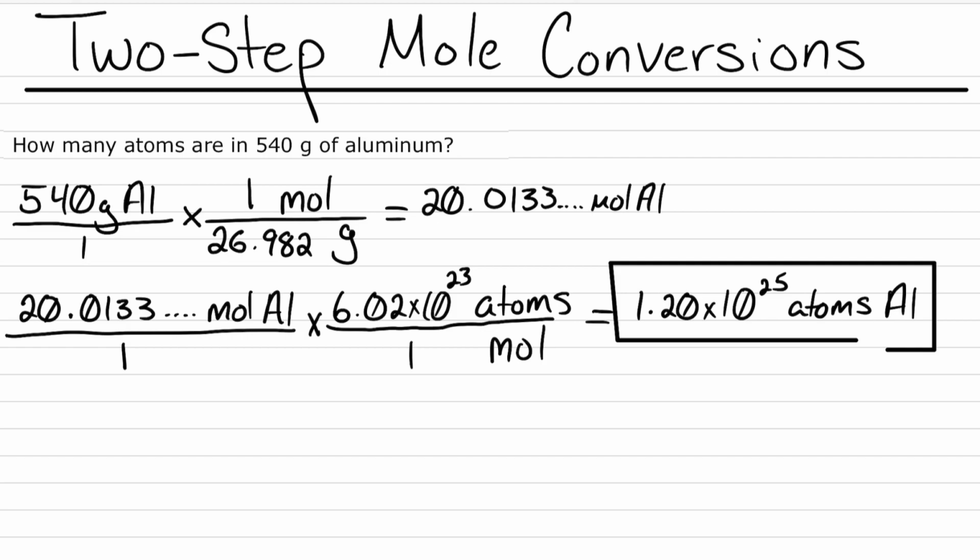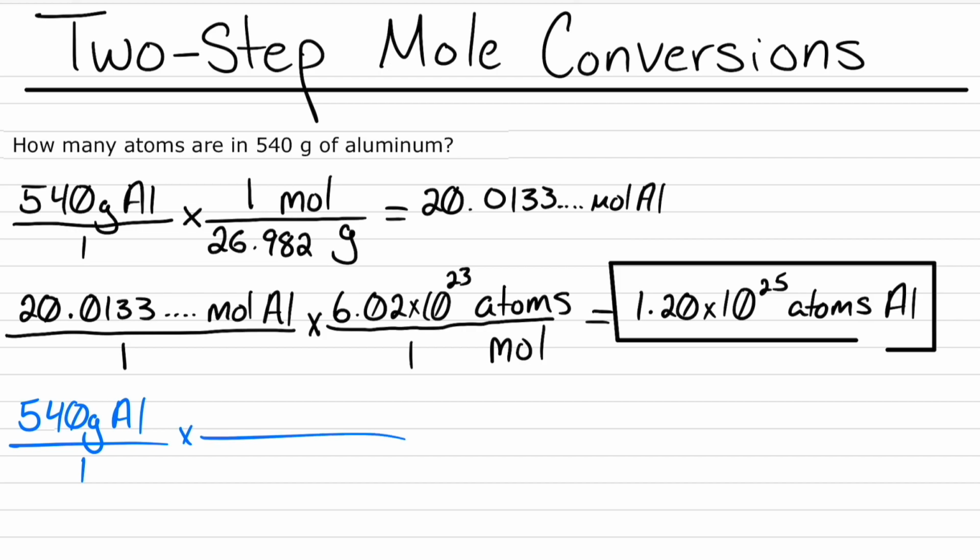What I just showed you, I broke into 2 separate steps. You don't necessarily have to do that. You can make this all one big step. It's kind of a personal preference on which you prefer to look at. If I was going to put this all into one big conversion, 540 grams of aluminum over 1,